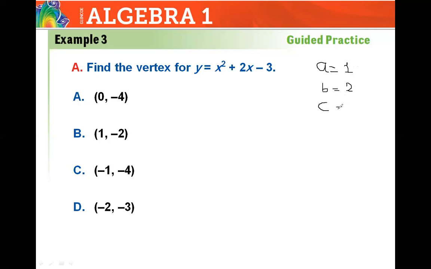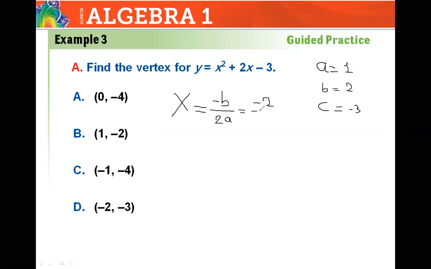After that, we get the value of x. x equals negative b over 2a. Negative b means -2, over 2a. 2a equals 2,